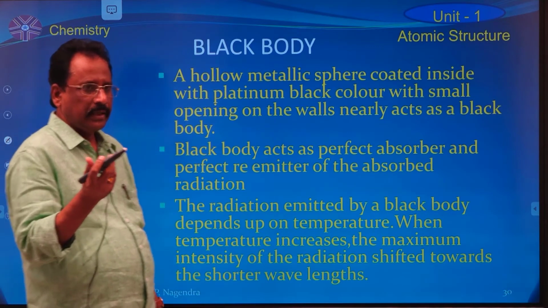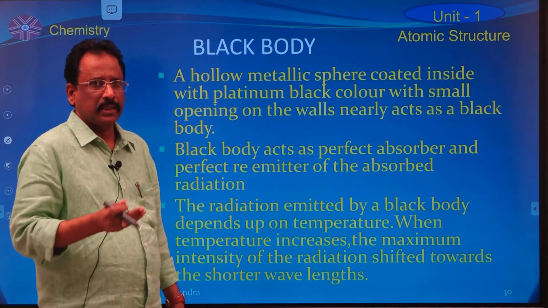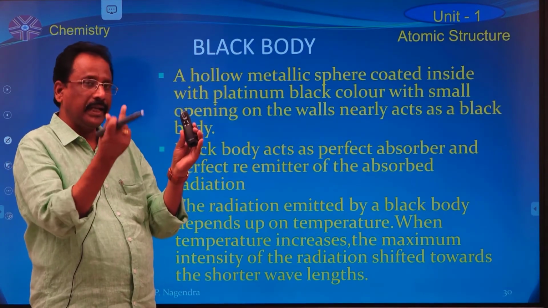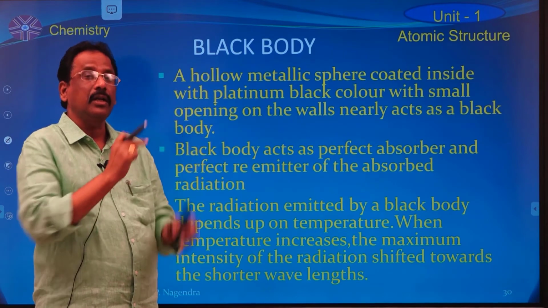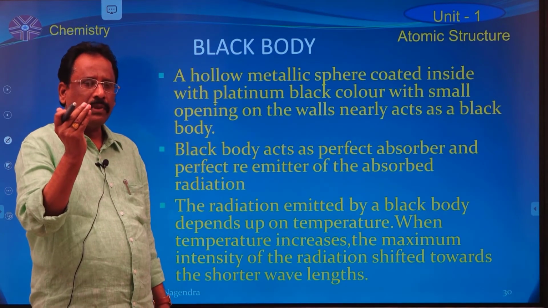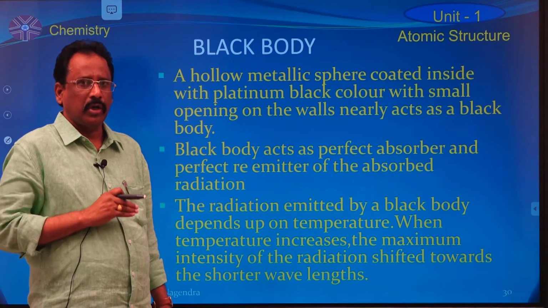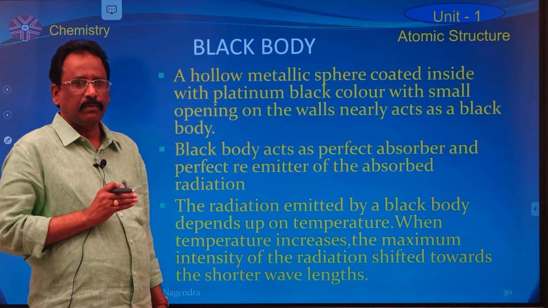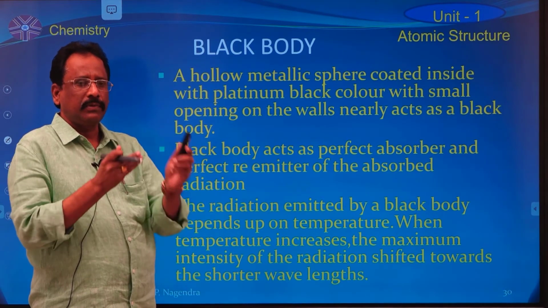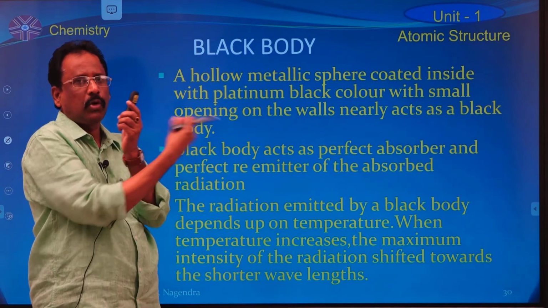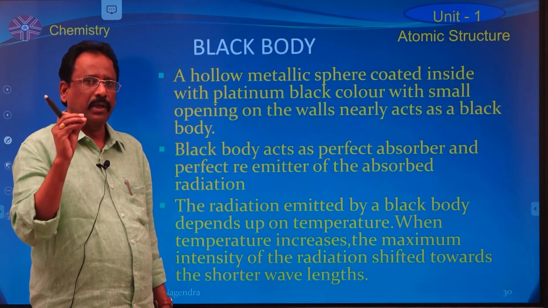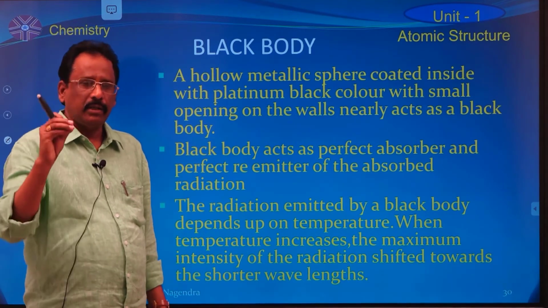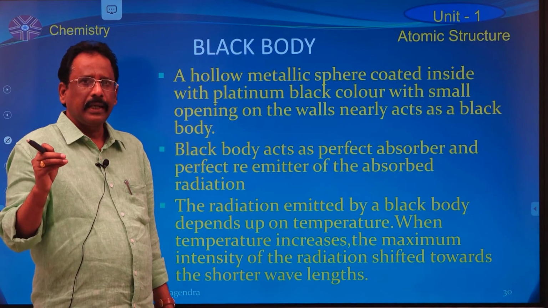The difference between an ordinary body and a black body is this: if any type of light falls on an ordinary body, some part of that light is absorbed by the body, some part is reflected from the body, and some part is transmitted through it. That is the property of an ordinary body. If the same light falls on a black body,